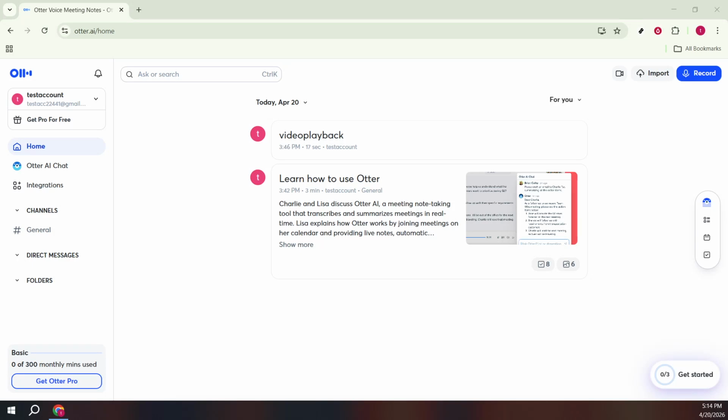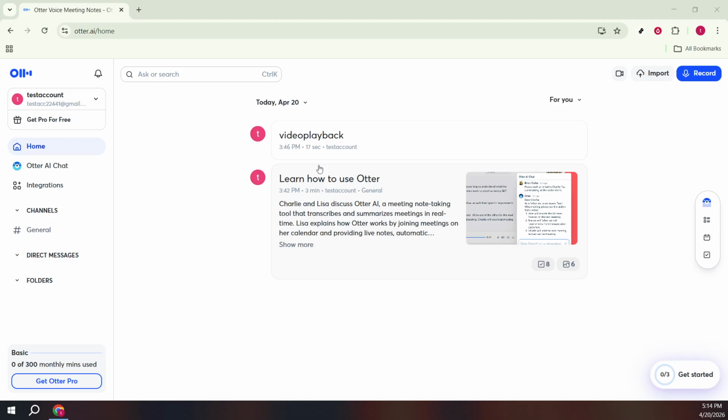In today's video, I'm going to teach you how to enable auto capture meeting screens in Otter AI. This feature automatically saves snapshots of the screens shared during your meetings and embeds them right into your Otter notes. It's great for capturing slide titles, diagrams, and action items without scrambling to take manual screenshots. I'll walk you through exactly where to find the setting and how to turn it on so it works reliably